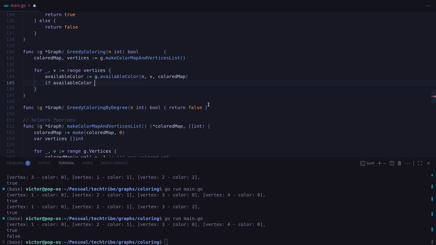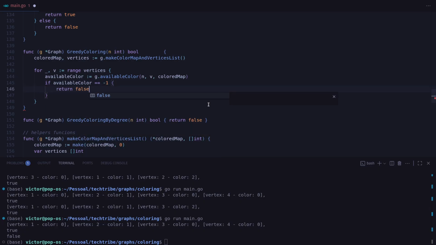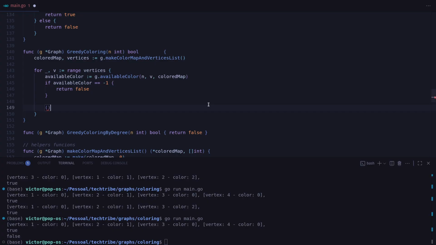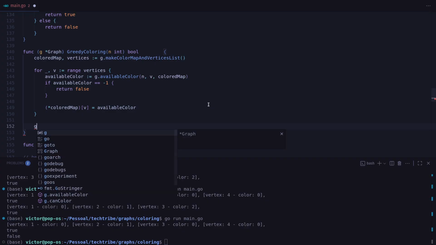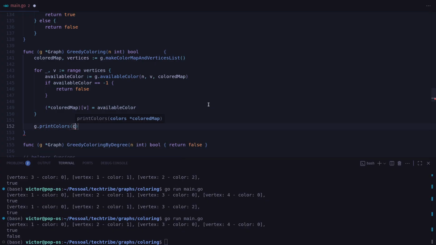So if the available color is equal to -1, we return false, and otherwise we will color this vertex with this available color. We then print the colors